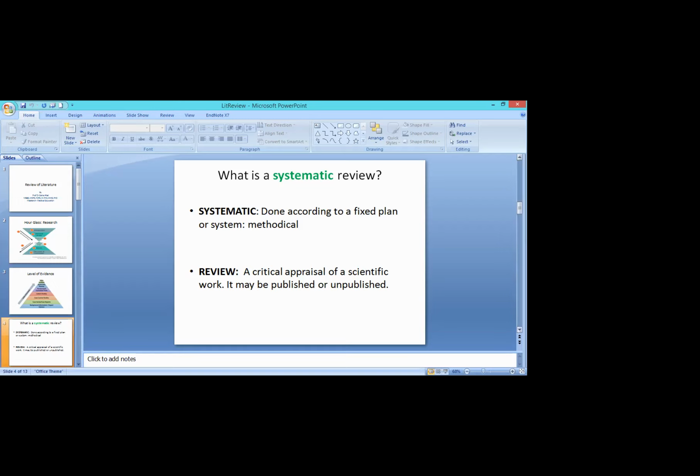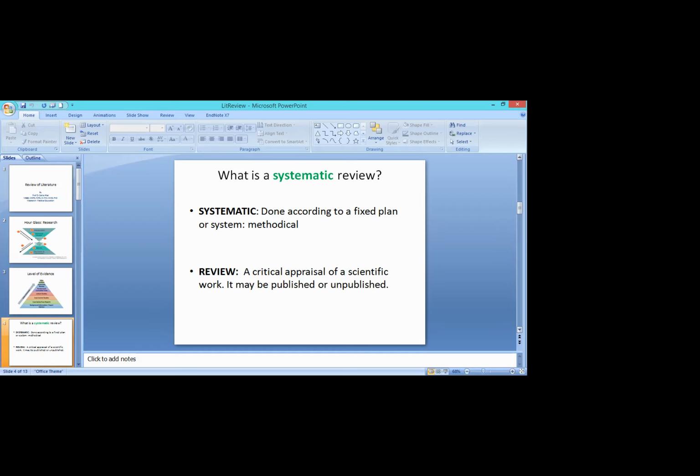Systematic means that it is actually to do work according to a fixed plan. Systematic is to actually identify the problem, any such healthcare related problem which we identify through gaps, and we retrieve data from related studies which is related to our search question, and then combine the results and present our own results according to our research question.